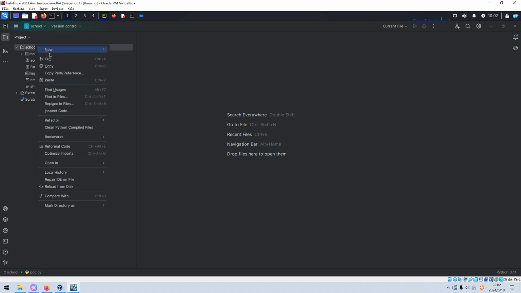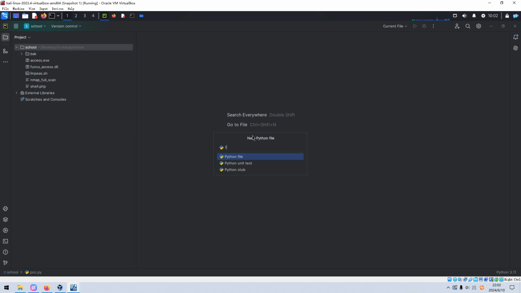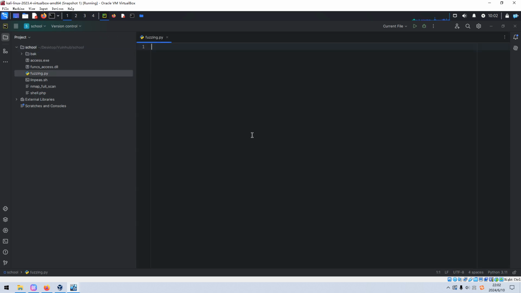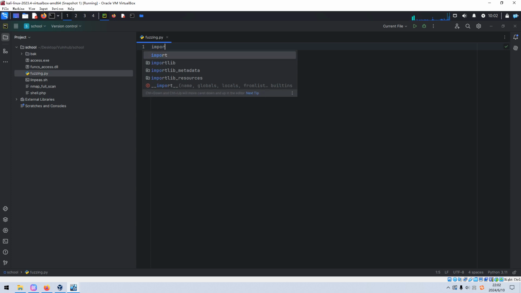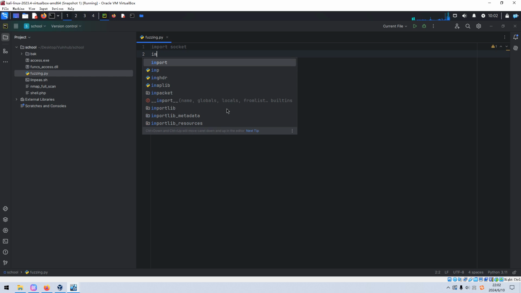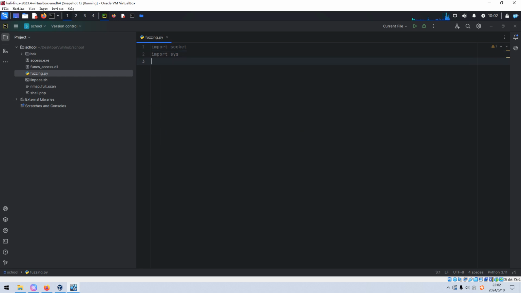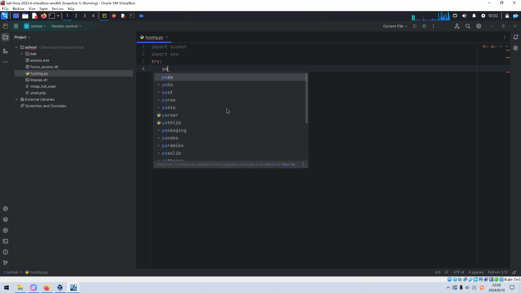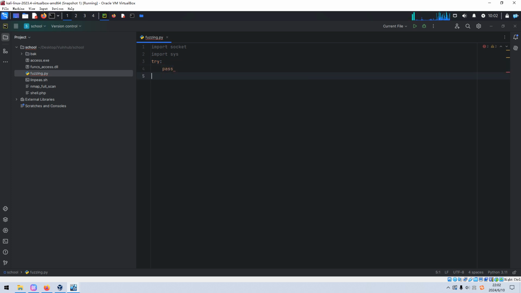Okay, so we can call it fuzzing. Import socket, import sys, try: pass, except IndexError, print the usage.